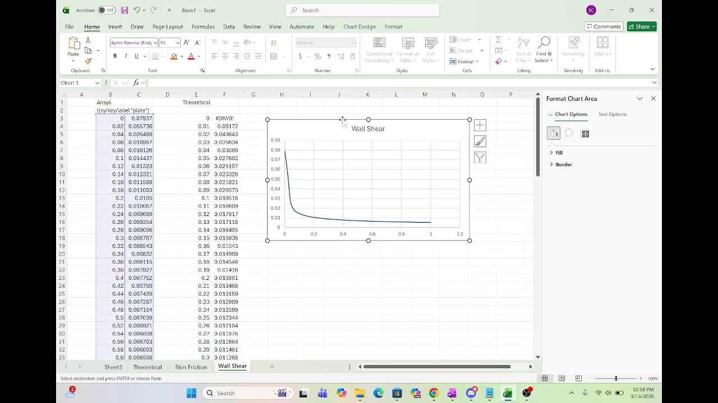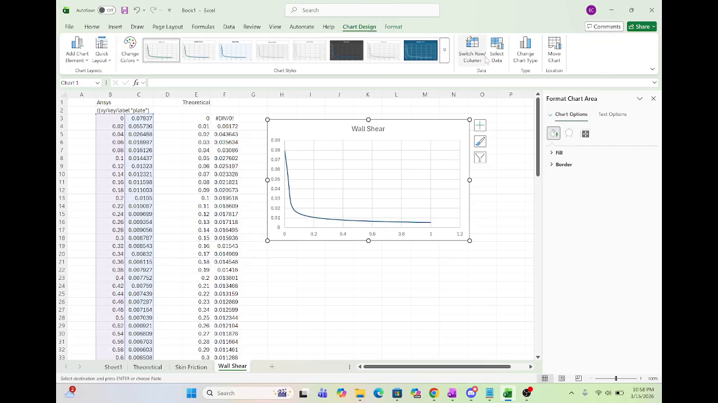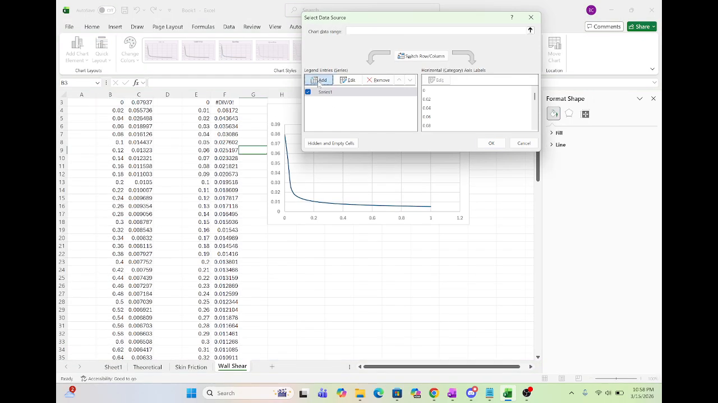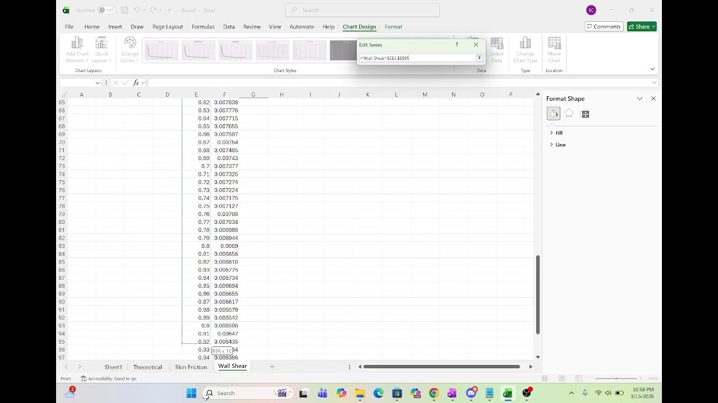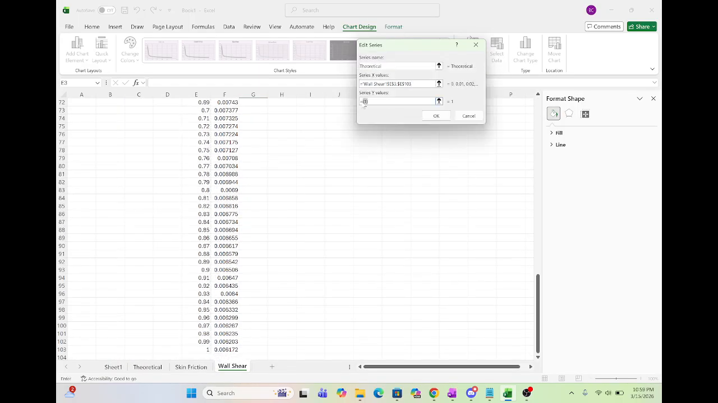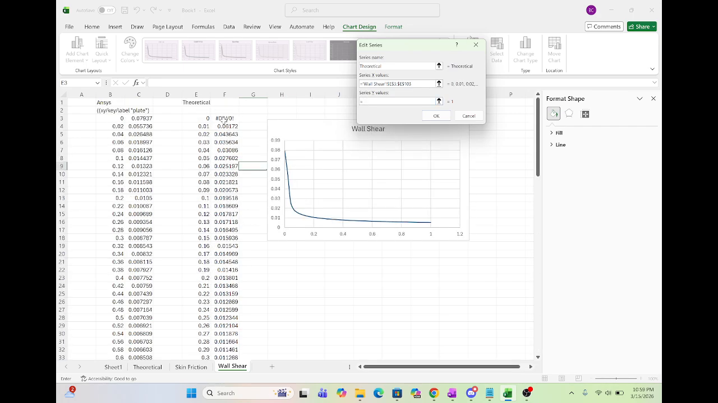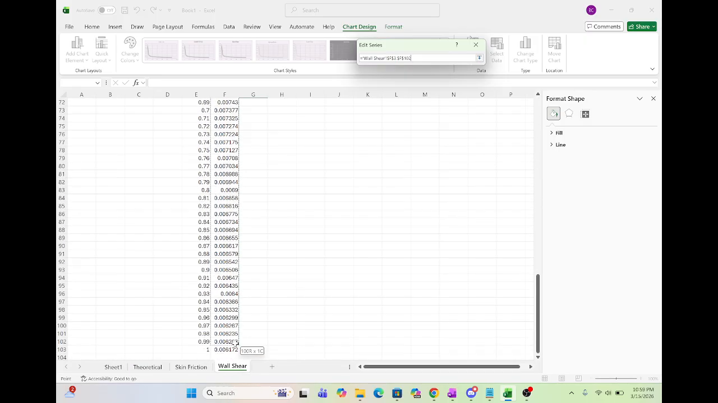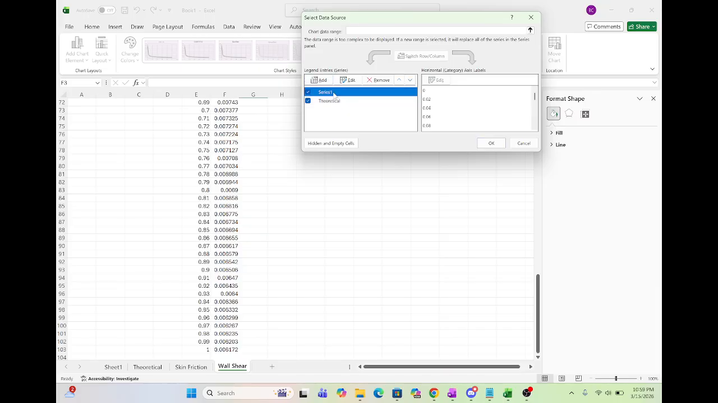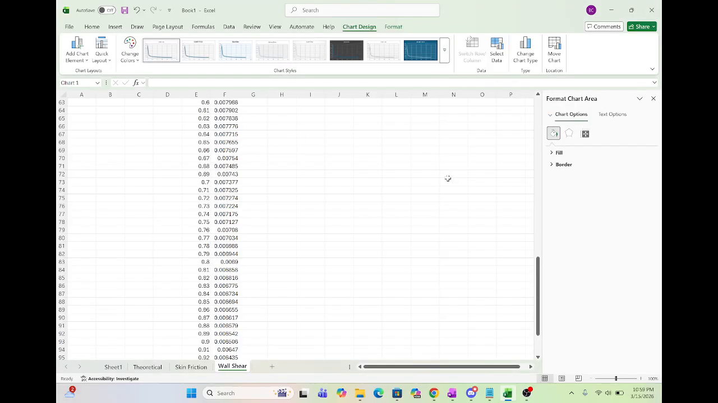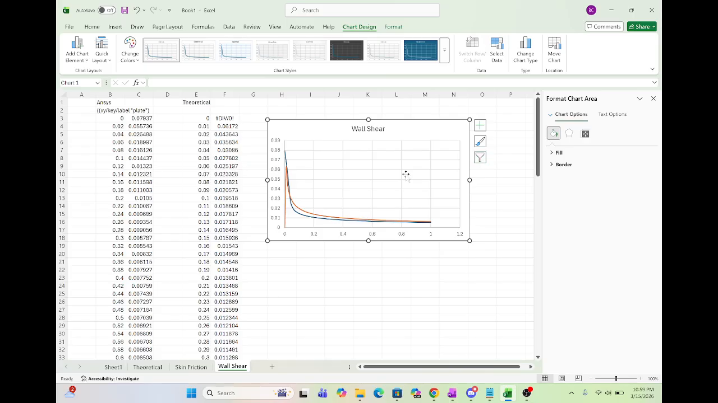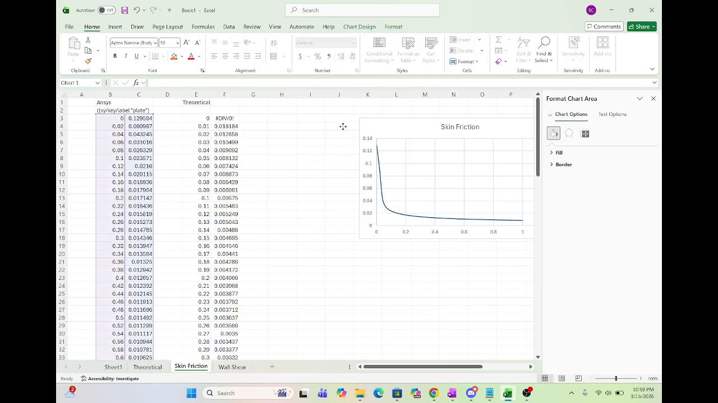Now, just like we did before with the velocity profiles, we're just going to select data, add a new row, call this the theoretical, select our x values, and select our y values, and then we can rename this one as well, and we'll call that answers, just to make it look a little bit better. Okay, and that'll do it for our wall shear, and then we'll go back over to our skin friction here